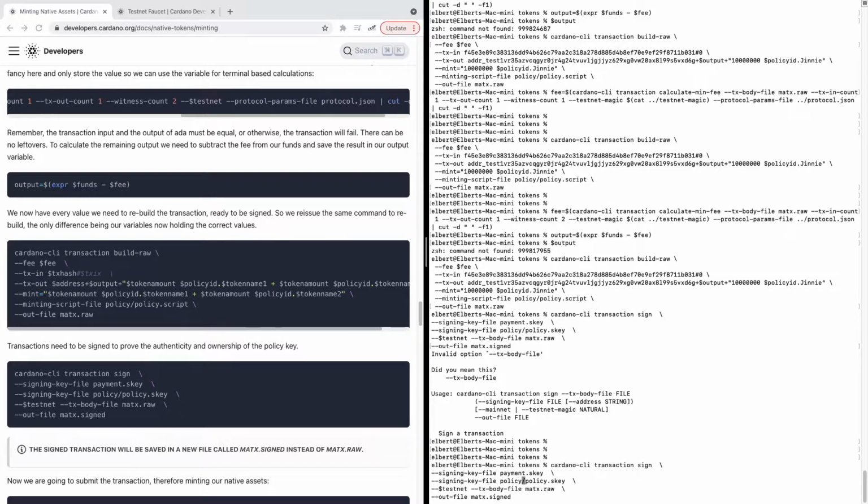because we're in token. Oh, okay, it didn't work because of testnet. Testnet magic equals... cat. Where are we? We're in tokens. So testnet magic transaction raw